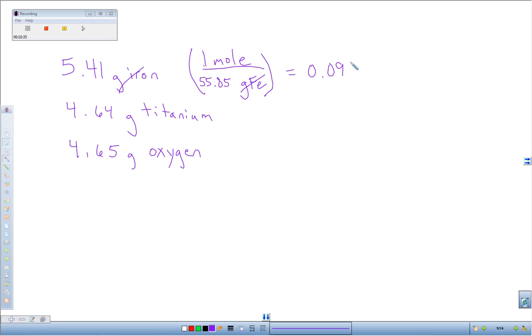0.0969. Let's keep these 3 sig figs. That is 3 sig figs. This 0 is just a placeholder. It has to be after a zero, after a number and a decimal to be significant. Okay, how about titanium? 1 mole of titanium